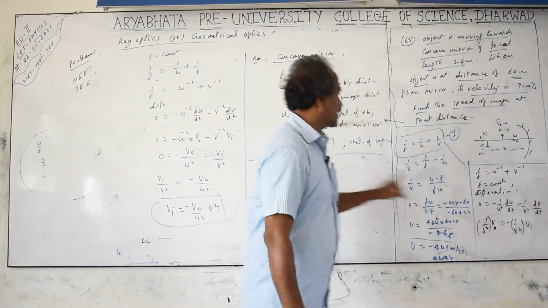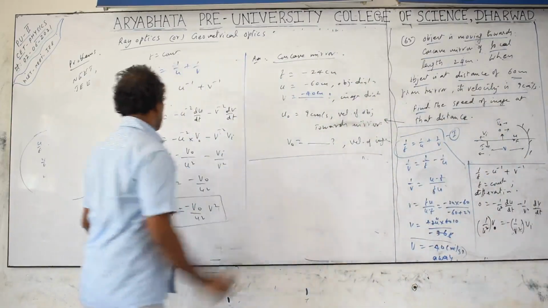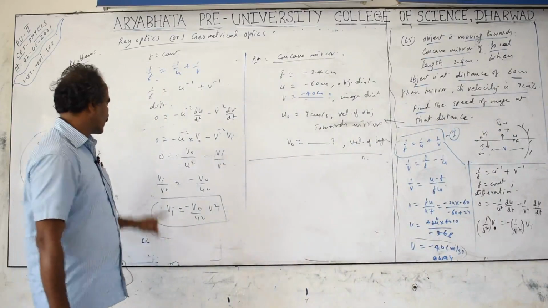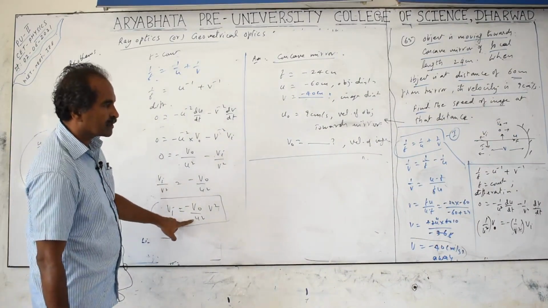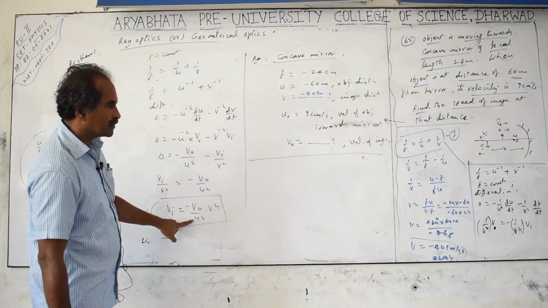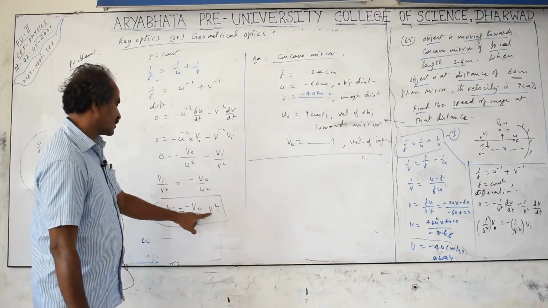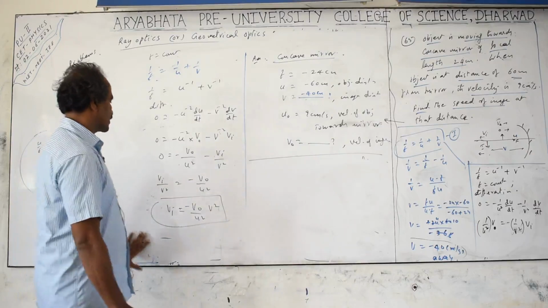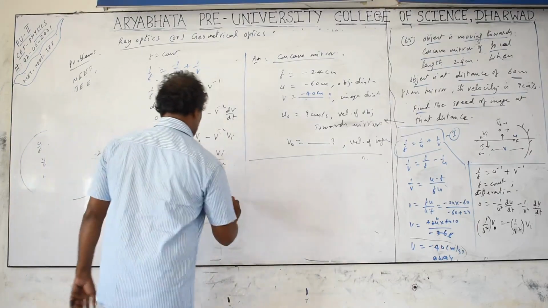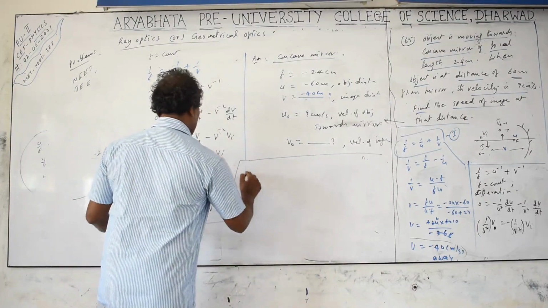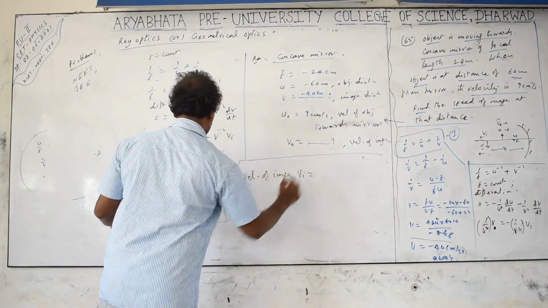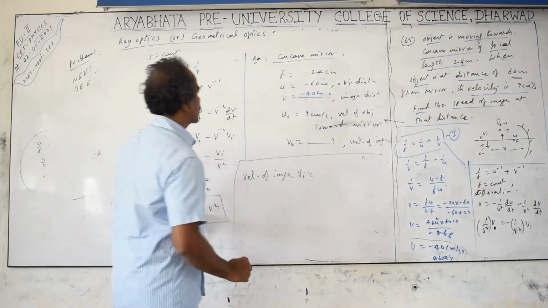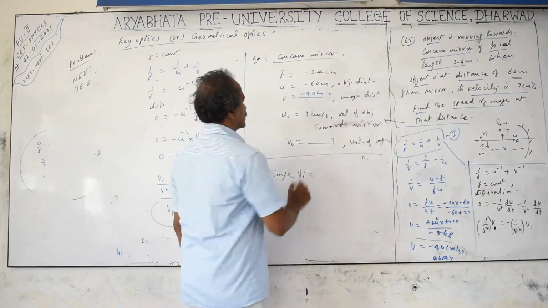Okay, that same thing I have written here. That small portion is not required. Velocity of the image equals velocity of the object by u square into image distance square. Substitute the values into this. So to get the relation for the answer, velocity of the image Vi is equal to velocity of the object is given as, that is